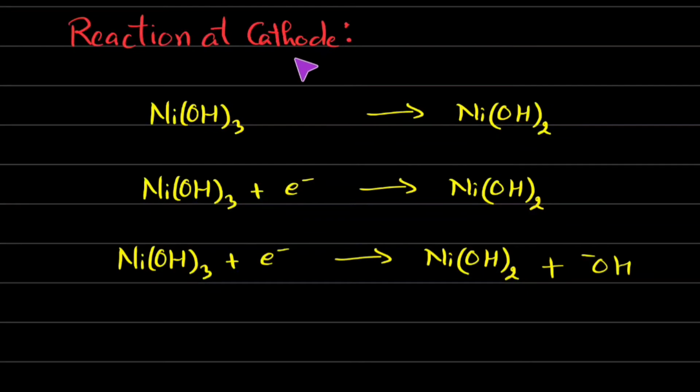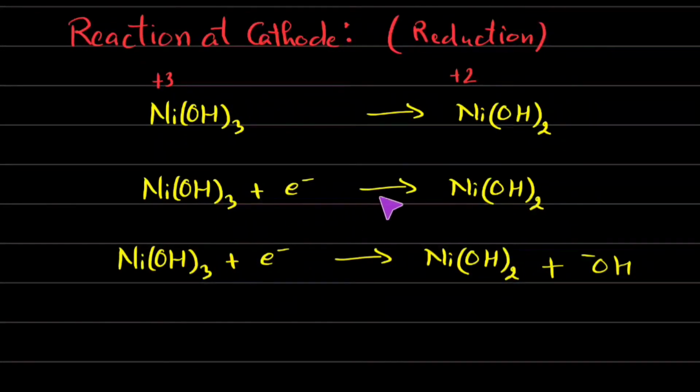Now reaction at cathode. At the cathode, as you know, reduction takes place, beta. Your reduction takes place at your cathode. So here just see, the cathode is a metal containing metal dioxide, that is nickel dioxide, and that is giving you nickel hydroxide. Here the oxidation state of nickel is +2, and here the oxidation state of nickel, beta, is +3. So from +3 it is going to +2, which means it is going to gain 1 electron. Is that clear? So I have written in the second step 1 electron on the reactant side.